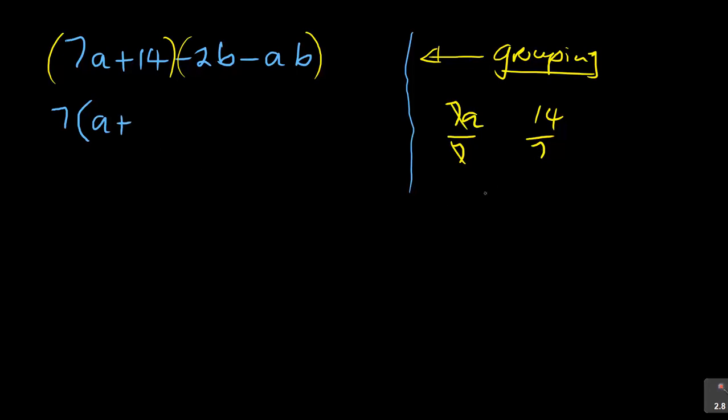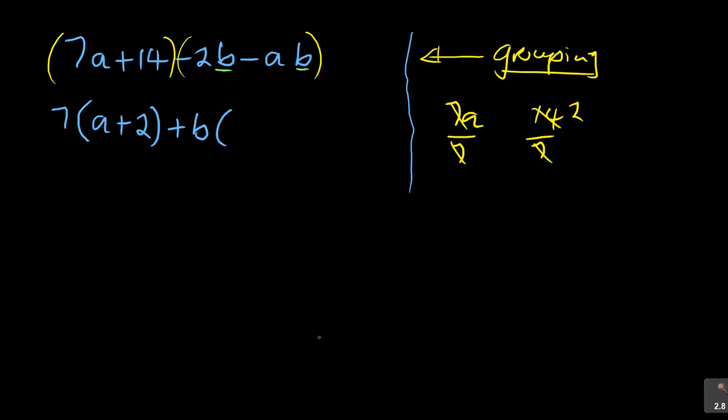Plus, and then you say 7 into 14 is 2. So that's the 2 you are writing. You see that? You move on to the next one, but the next one always starts by writing a positive sign. Before you do anything, just write plus. You look at what is common. You have got minus 2b and minus ab. Forget about the signs for now. Focus on the letters. You can see that b is common. So I'm going to say plus b. Because b is repeating, open a bracket.